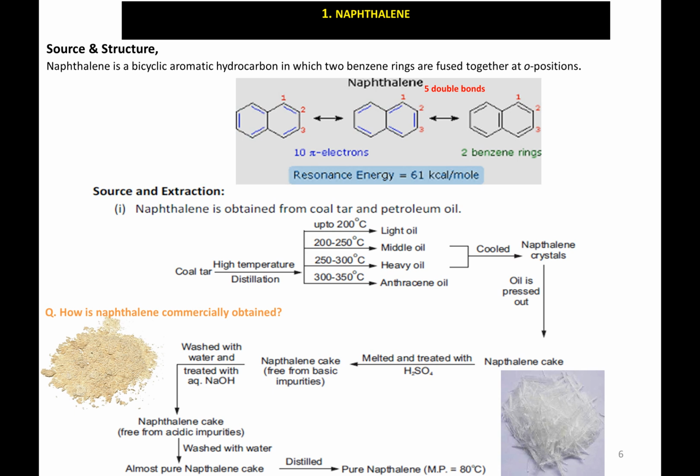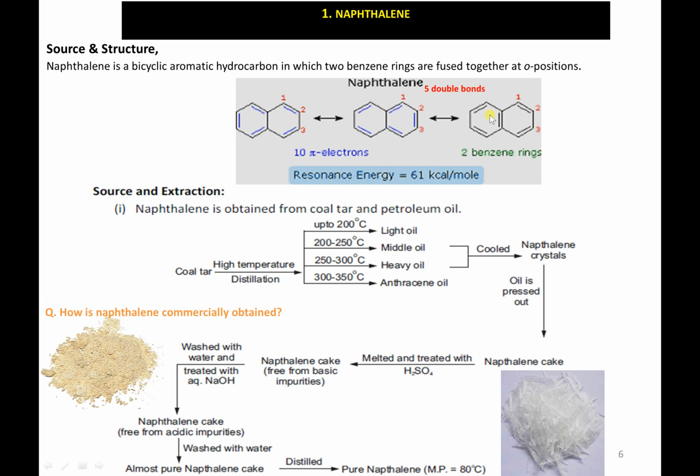Say for example, naphthalene is a bicyclic aromatic hydrocarbon in which 2 benzene rings are fused to each other at ortho position. These two are ortho position, and the other benzene ring is fused here. And basically this is the counting 1, 2, 3, 1, 2, 3, 1, 2, 3, and these are the 3 canonical forms. Like here the double bonds are 3 double bonds, here there are 2, and here instead of 2